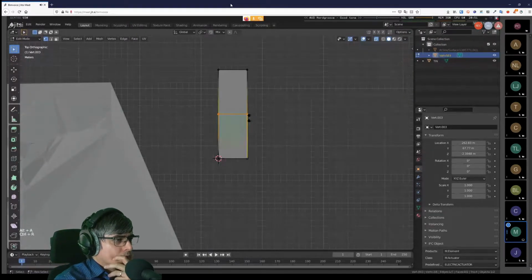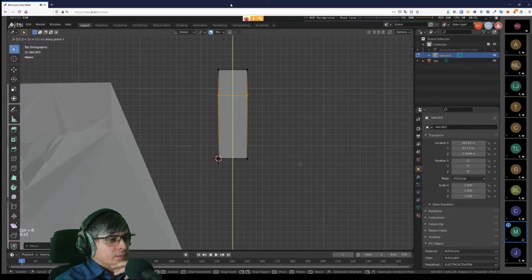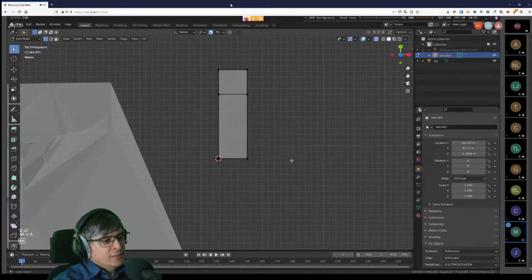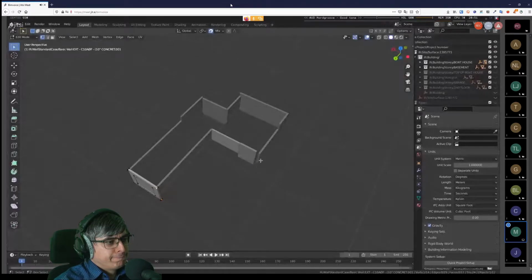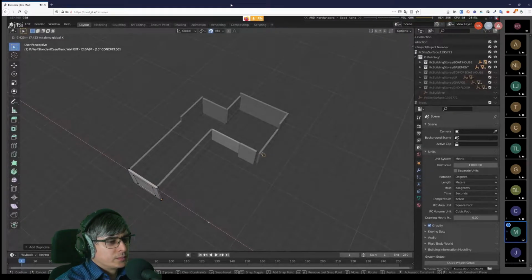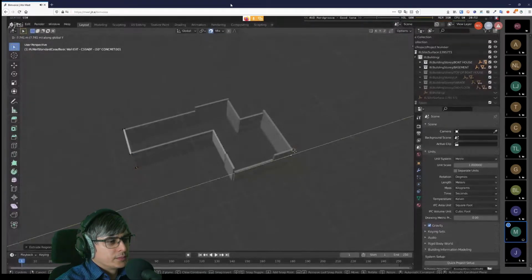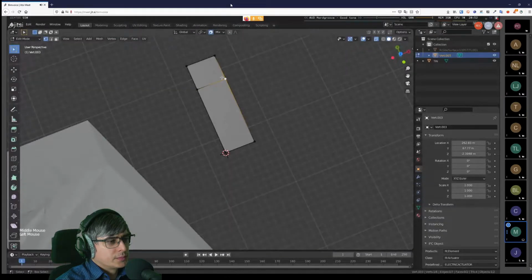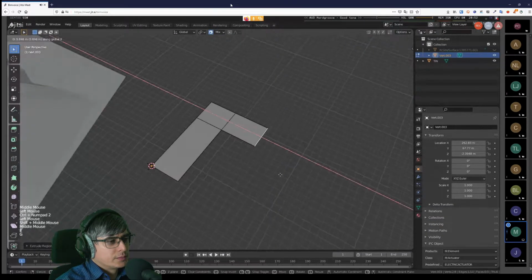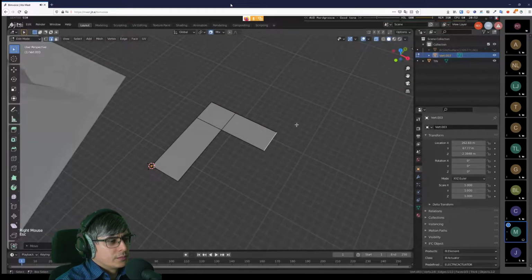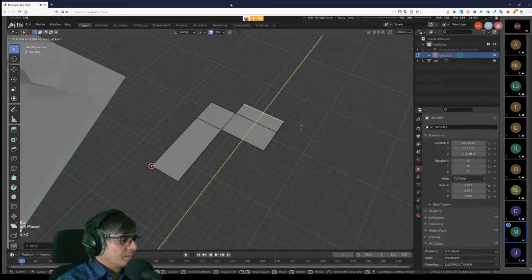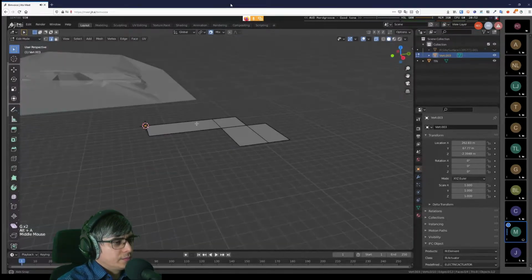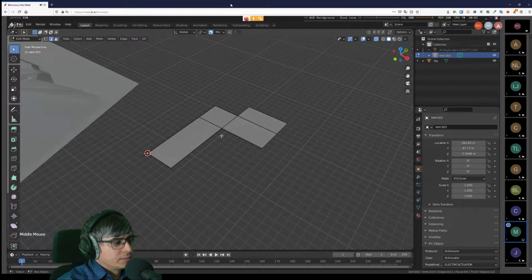So I would do a loop cut, snap 11.2, and this one is 7.4, and 7.7. Okay, so I know that this guy here is 7.4, and there we go. So now I have the basic outline of that